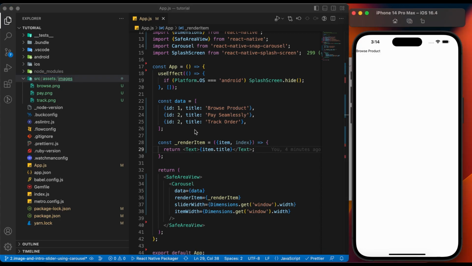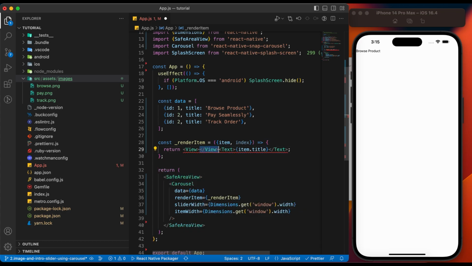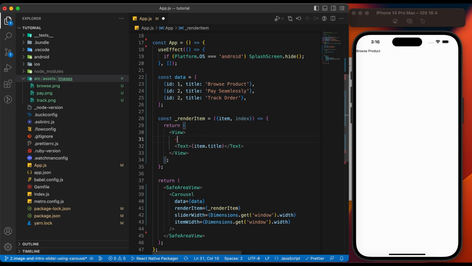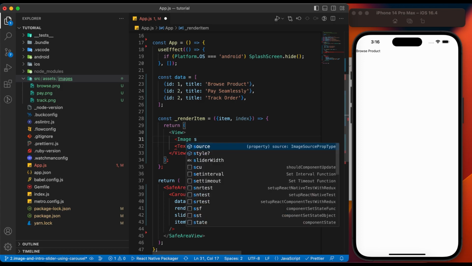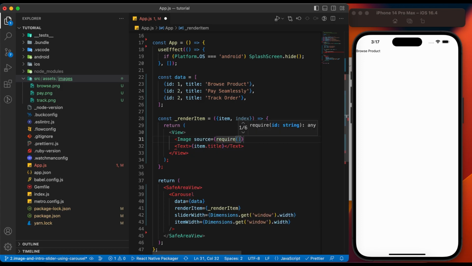In render item, we will add the image. Wrap the text with a view component. Add the image component with source. We need to use require as we will be using local image. Add the path of the image.